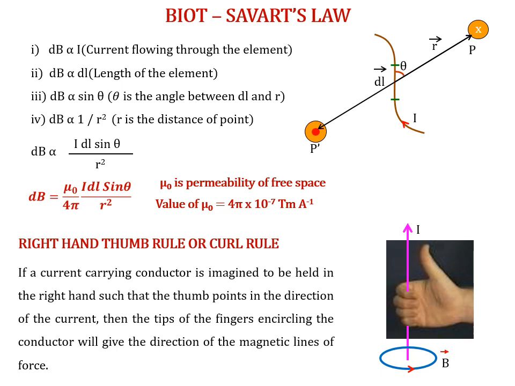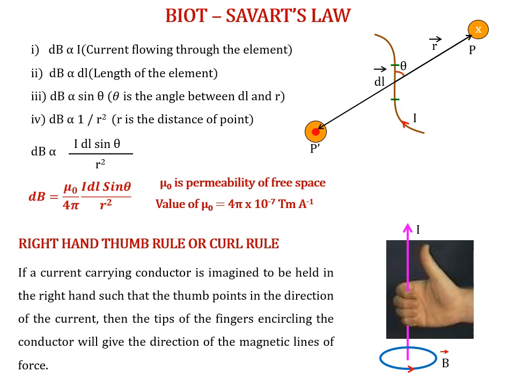You can hold the conductor, imagine that it is held in your right hand, and see field towards the right of the conductor will appear to be inwards, and towards the left it will appear to be outwards. So outward field is represented by dot and inward field is represented by cross. Okay, so thus we can write magnetic field using Biot-Savart law, and right hand thumb rule gives you the direction of magnetic field at the point near the conductor.